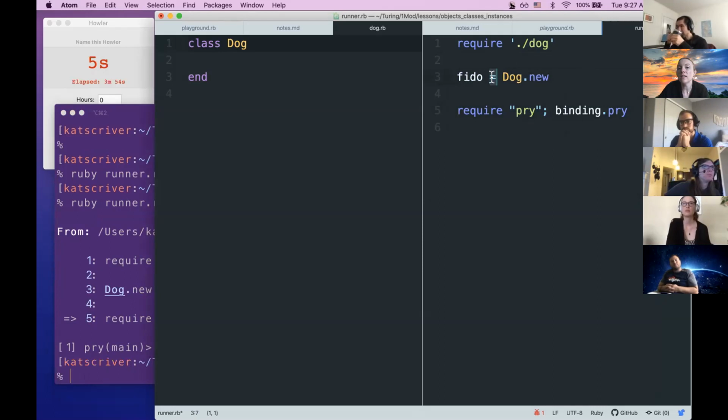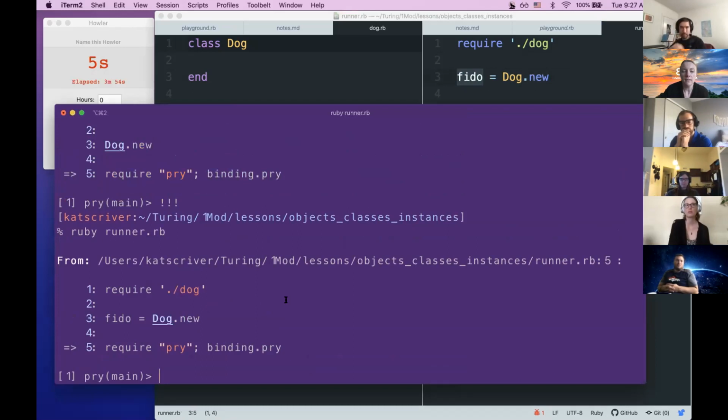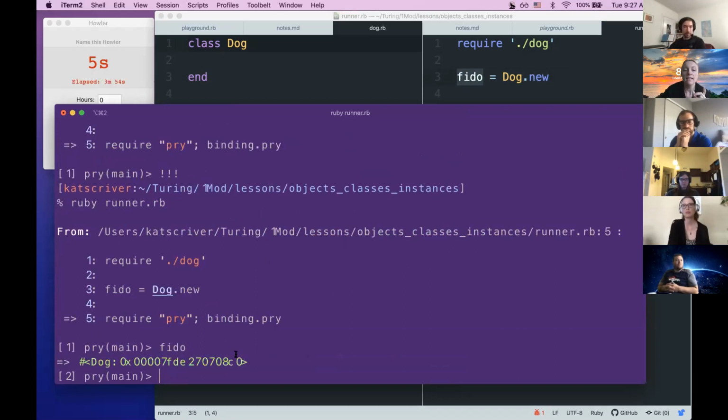So remember, this single equal sign is an assignment operator. The right-hand side is evaluated first, and whatever that evaluates to is then stored in this variable. So I'm hoping this creates a new dog instance, or a new dog object, and stores it in a variable called Fido. So I'm going to run my runner.rb file again, and I'm going to call on my variable Fido, and this is what a dog instance looks like